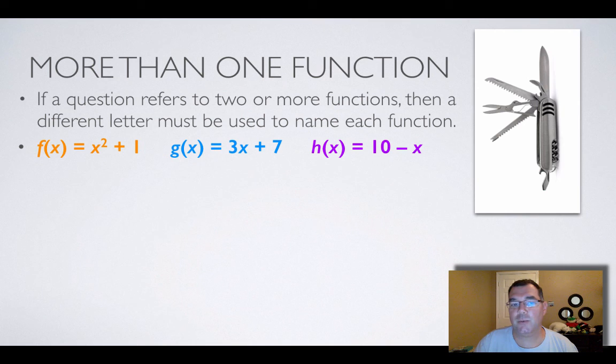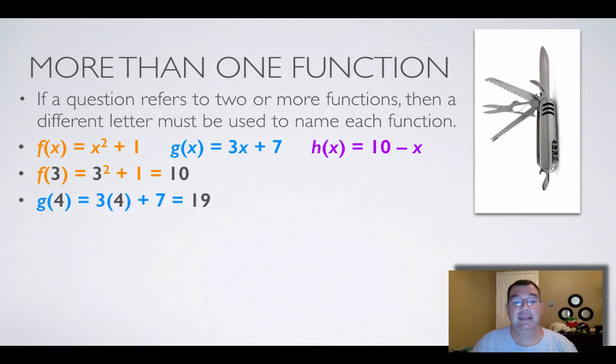So most people start with f of x for the first one and then move on to g of x for the second one and h of x if there's a third one. So I have three different functions, f of x, g of x, and h of x, and they all do different things. So I'm going to need to know what function I'm working with as well as what x is being replaced with. So for example, if I wanted f of 3, I have to look at the f function, and instead of writing x squared plus 1, I have to write 3 squared plus 1,